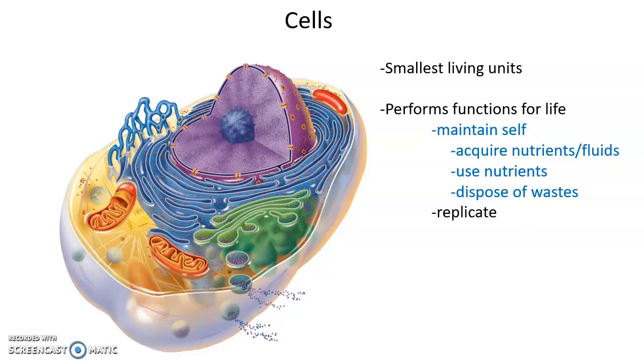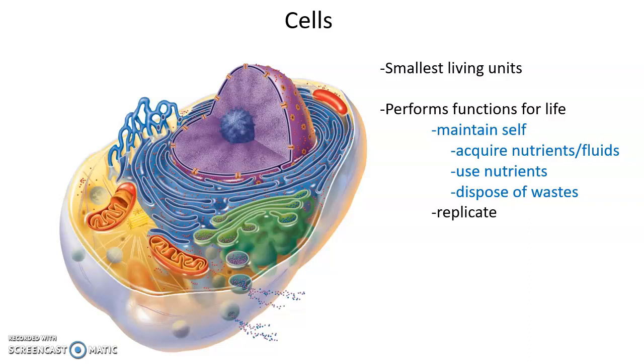Cells need to perform certain functions to stay alive. The most important function, of course, is maintaining itself, maintaining the structures and doing the functions to stay alive. This includes acquiring nutrients, bringing nutrients and fluids into the cell. These nutrients are then used as building blocks to maintain the various structures found inside of the cell. And then any wastes that are produced need to be disposed of, returned to the outside of the